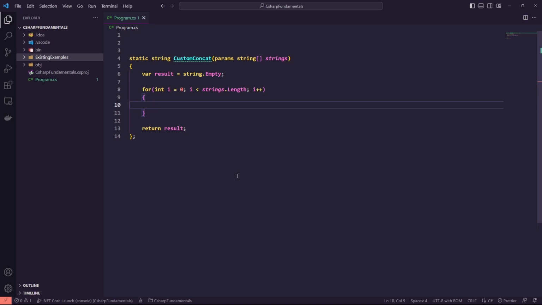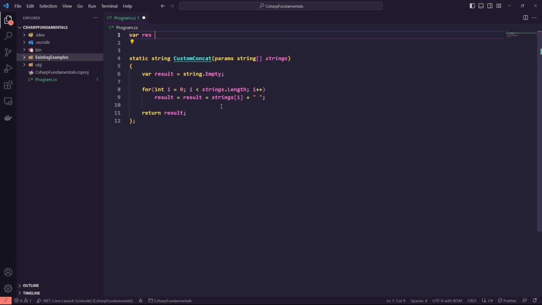So we do result, or a block, let's even do, because there will be only one line of code. So that will be, we want to take our result and result plus strings[i] plus white space. So that's it. So we can create var res equals CustomConcat, and let's do what